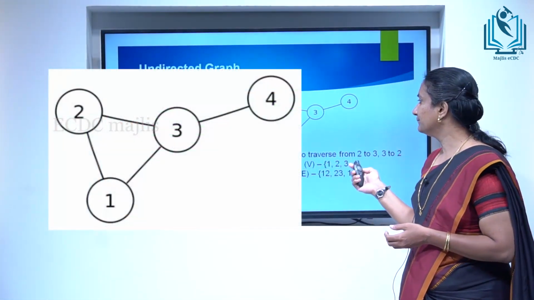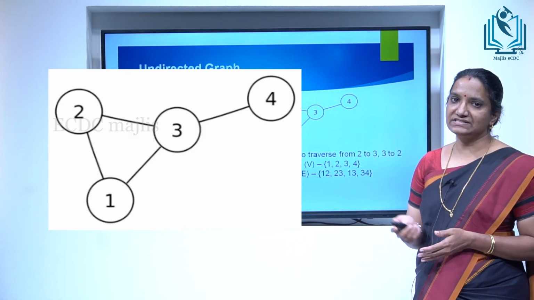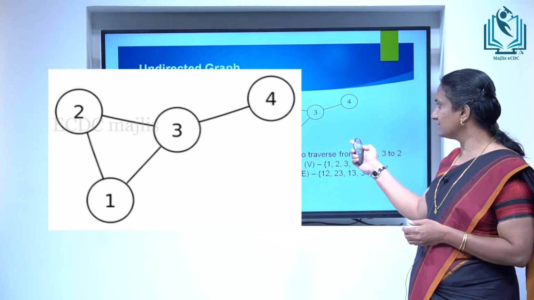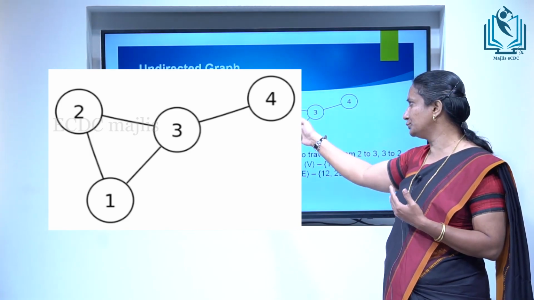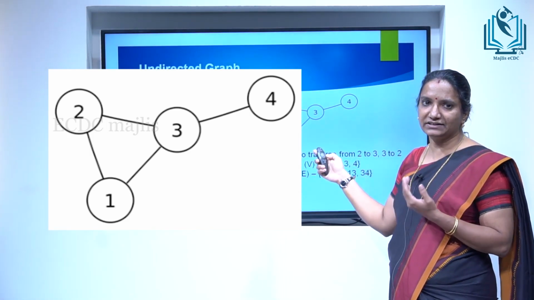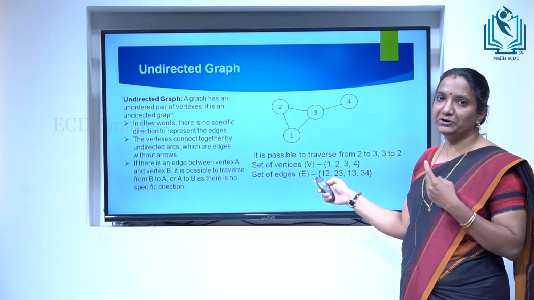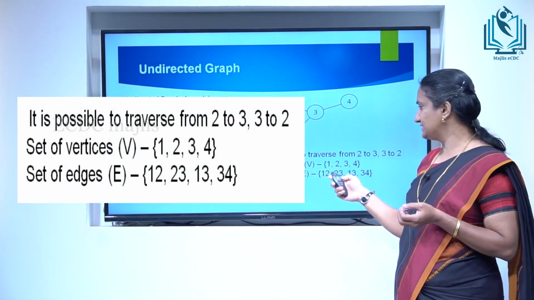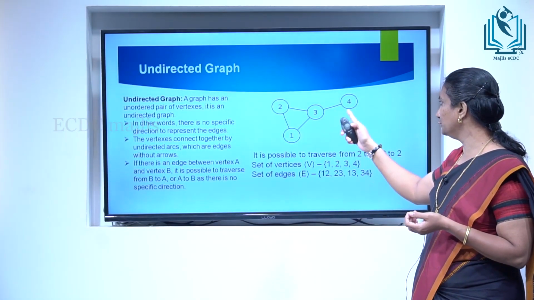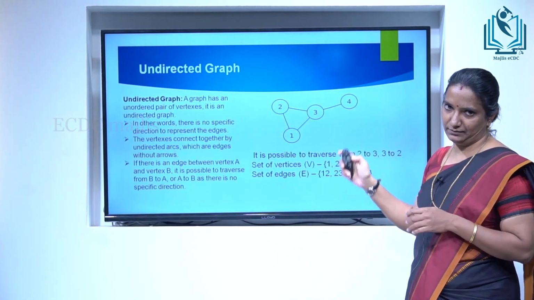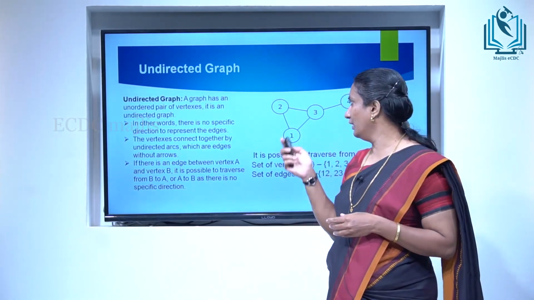In our example graph, the set of vertices is 1, 2, 3, 4, and there is a set of edges. The edge can traverse from 1 to 2, and we can also traverse in the opposite direction, that is 2 to 1. That is, in an undirected graph, the edge can traverse in both directions. But while writing in a set, we don't repeat the same element, so that's why we write here only {1, 2}. There are edges {1, 2}, {2, 3}, {3, 4} and {1, 3}. That's all about the undirected graph. It is an unordered pair of vertices.